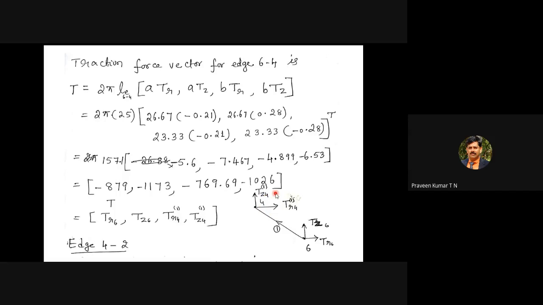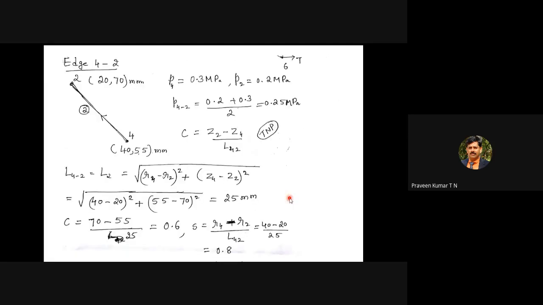In a similar way, for edge 2 at node 4, there is an additional traction force from edge 2 that you are going to do later. Now edge 2 is nothing but 4-2. So whatever forces we have shown at node 4 are the contribution from edge 1. Now we are considering edge 2 separately. Edge 2 is nothing but the ith node is 4, the jth node is 2.